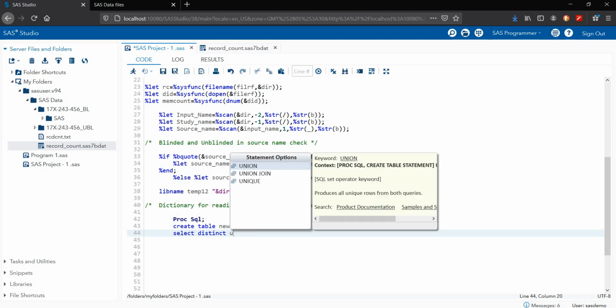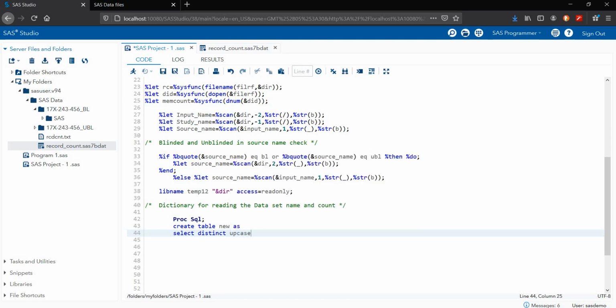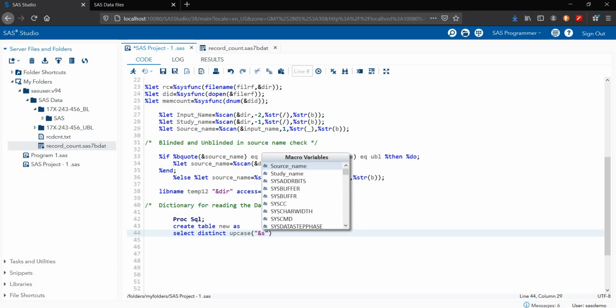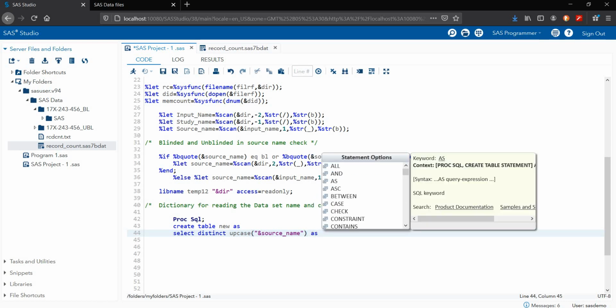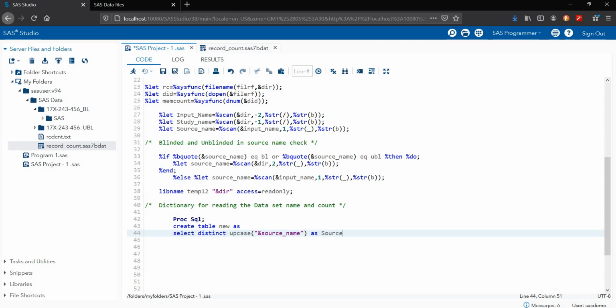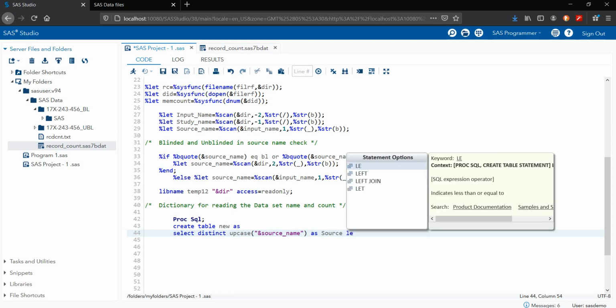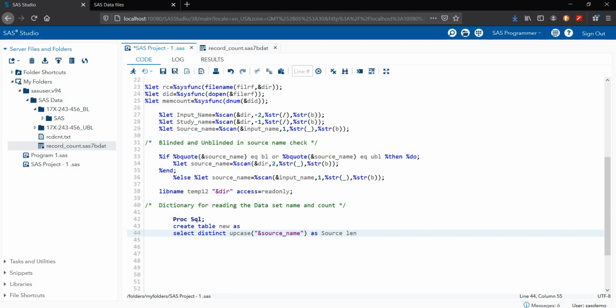Uppercase the source name, as source. And if you want to declare the length, you can declare any. Sometimes we have a large source name, so I'm declaring my length will be 50 maximum.